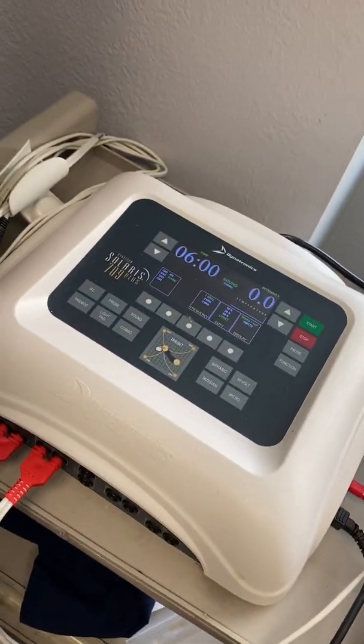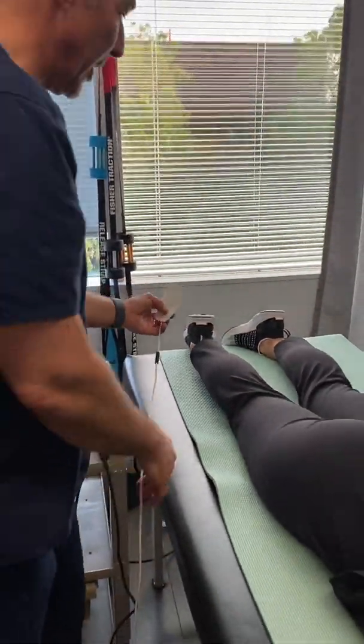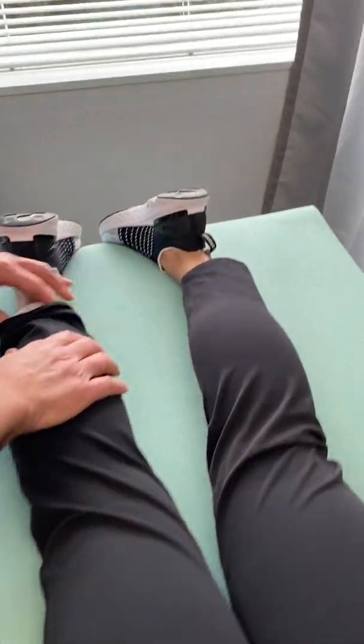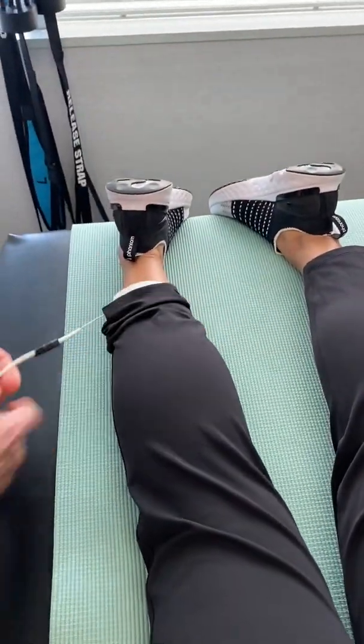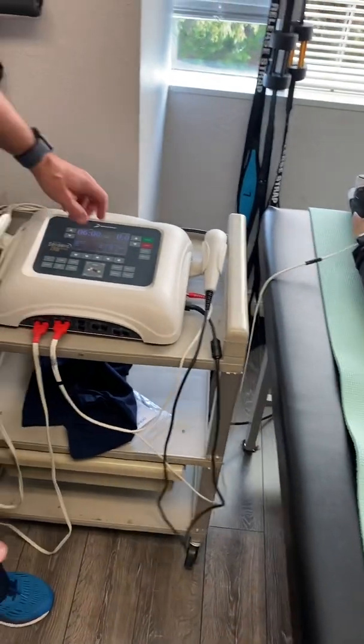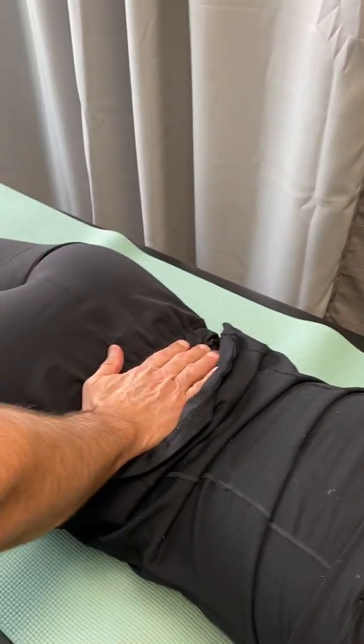Okay, and I put the ground pad. You can put it basically anywhere. I'll try and put it down further away, and we just stick that on there so it's grounded. All right, now if we're going to do the low back, okay, I like to go with